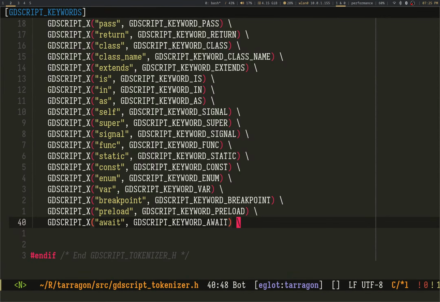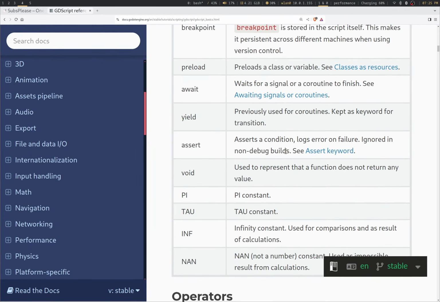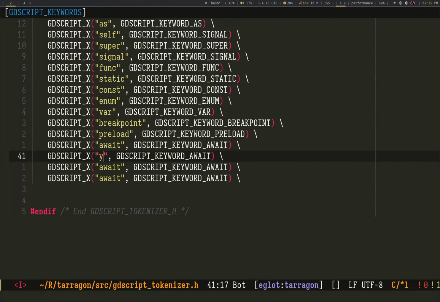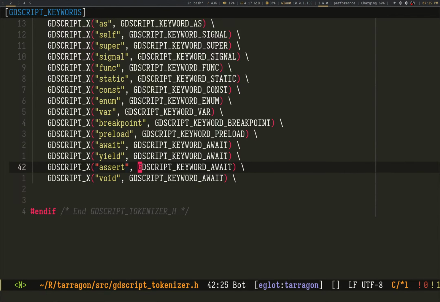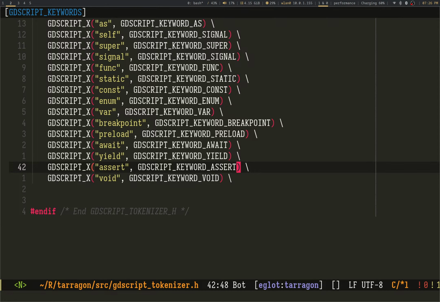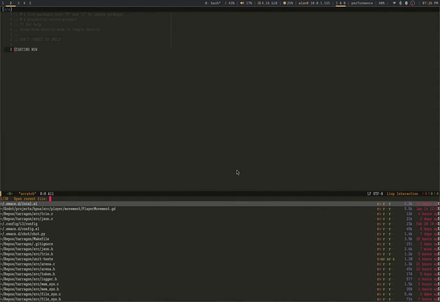Let's see what else we got. Oh, I know I'm going to need that. Yield, assert, void. Oh, whatever. Here we go.